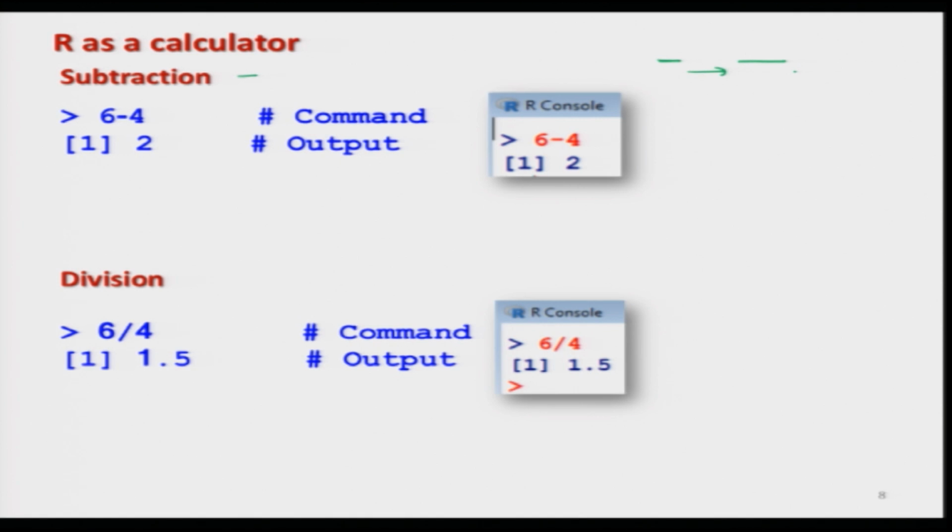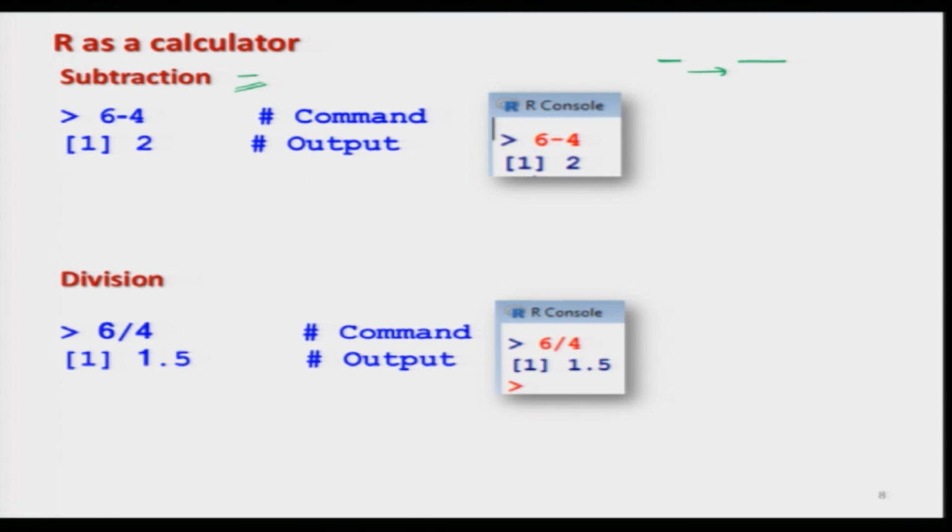In those cases try to be careful. One possibility is that the minus sign which appears as a minus sign to you is not actually a minus sign, but some other symbol which the software has converted automatically to something else. So, my suggestion, in order to solve the problem, is to simply type the minus command inside the R console. That will help you. So, the moral of the story is that the subtraction sign is only the usual subtraction sign,